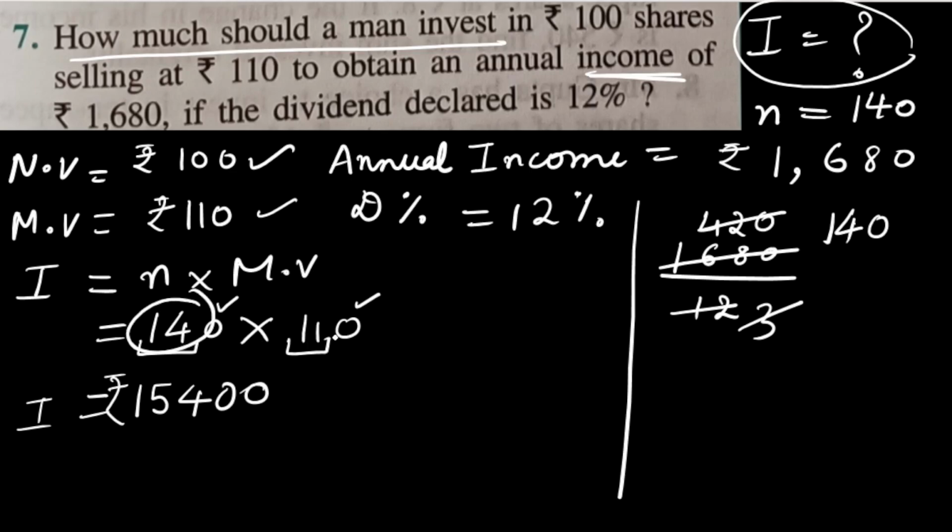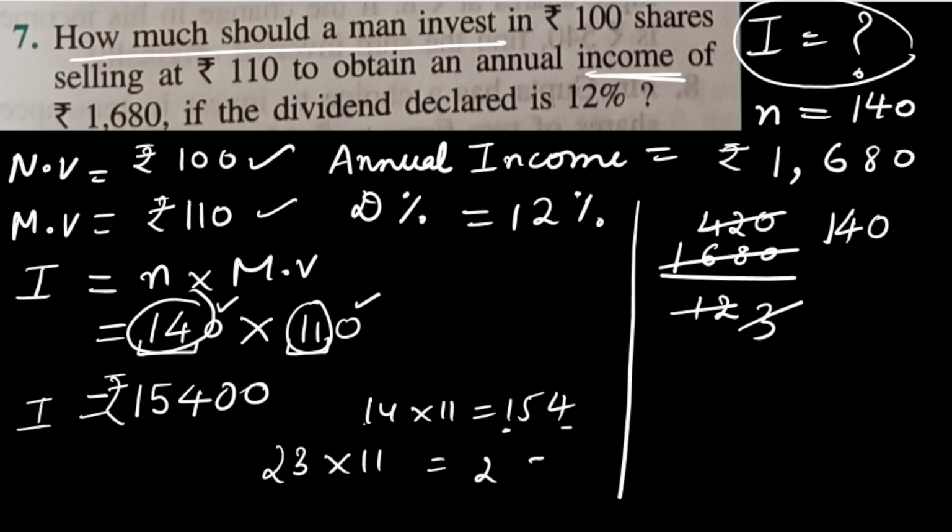14 with 11, when I multiply, I got this answer 154. I told you the trick: write the number here, and in between its sum. Like any other number, I'll show you 23 into 11. What will be the sum? Write 23 at the end digits, and in between there's the sum, 5. Any other number like 61 into 11: write 61, and there's the sum in between like this. Small tricks, if you learn them, your calculations will become very simple.